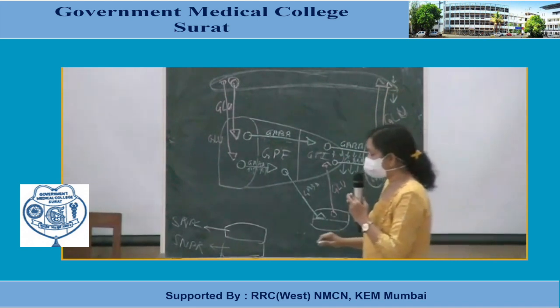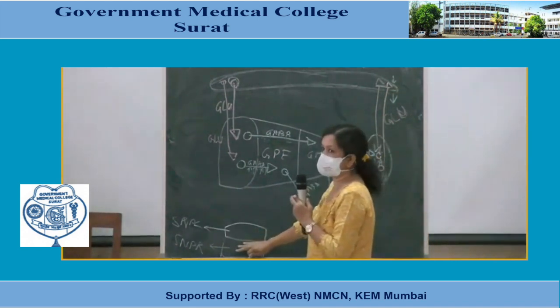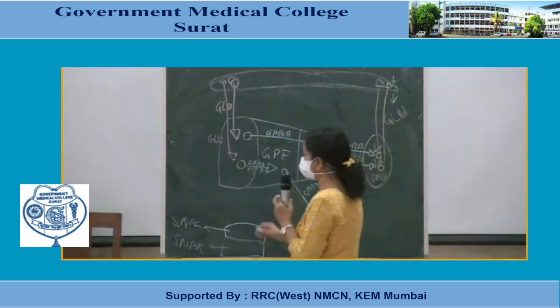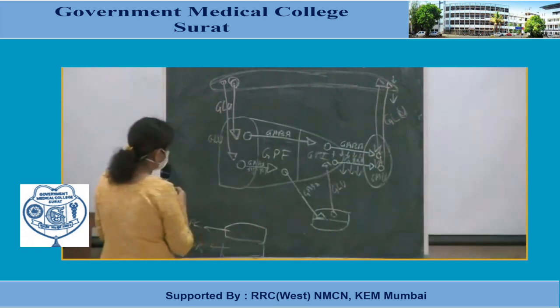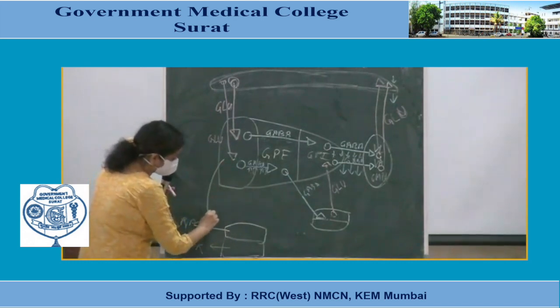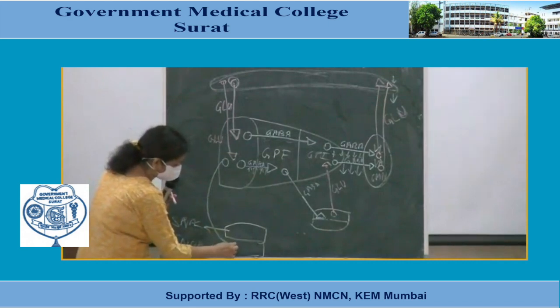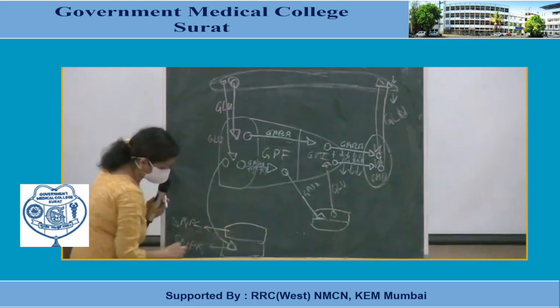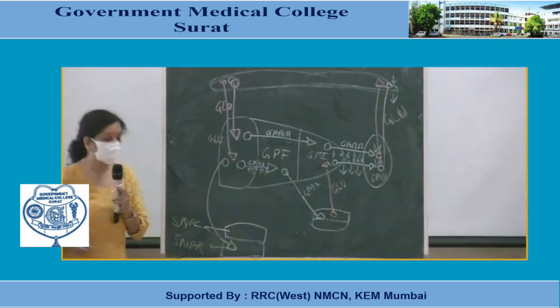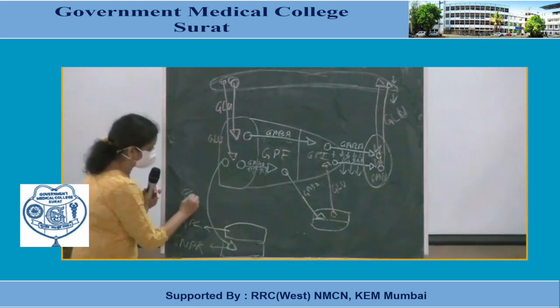Now, the role of substantia nigra. How does this substantia nigra work? Now, the striatum, the fibers of the striatum, are also connected to the pars compacta, and the substantia nigra pars reticularis. These are GABAergic fibers.